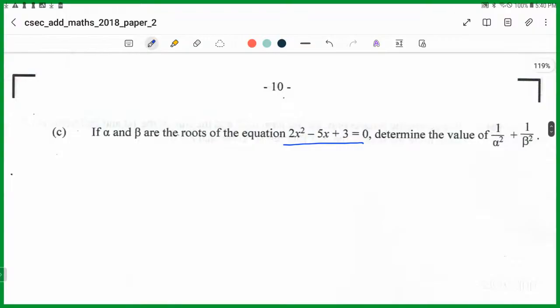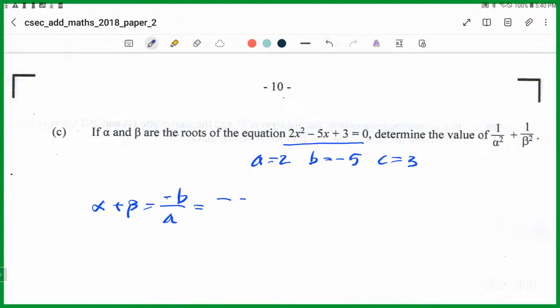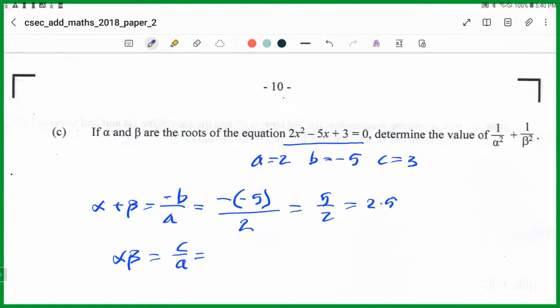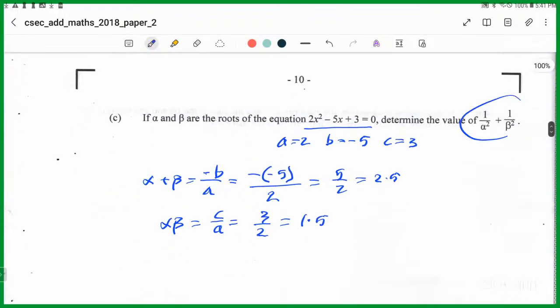So in that term, A is equal to 2, B is equal to -5, and C is equal to 3. So the sum of these two roots, alpha plus beta, is minus B over A, as you know. So it's minus this B, which is -5, over the A, which is 2. Minus minus plus, this becomes 5 over 2, or 2.5. And then alpha beta, the product of the roots, is C over A. And the C is 3 over A, which is 2. 3 over 2 is 1.5. So we're trying to work out this value. So we can say now,